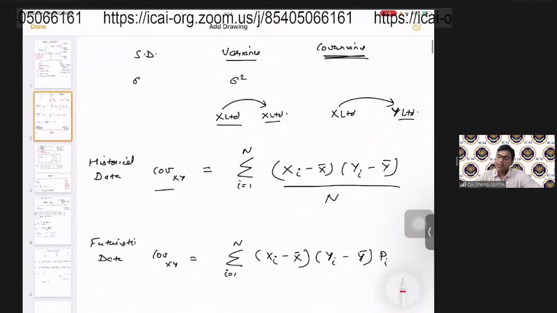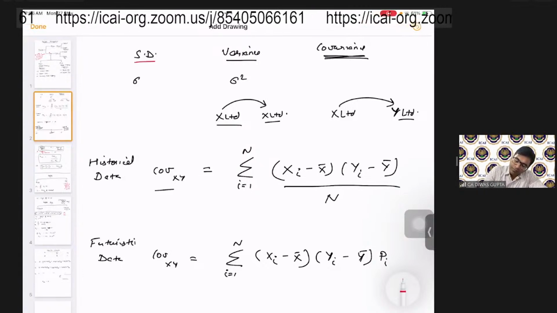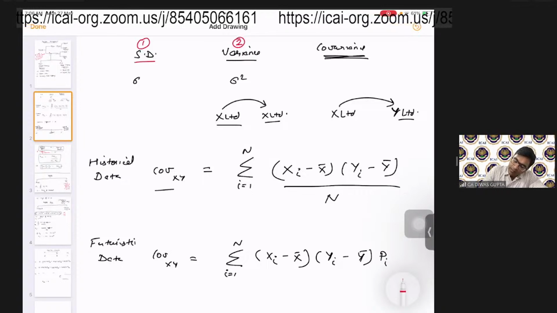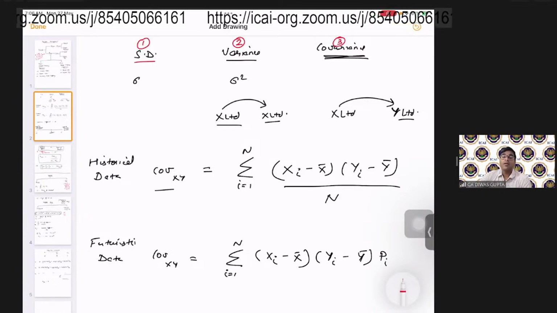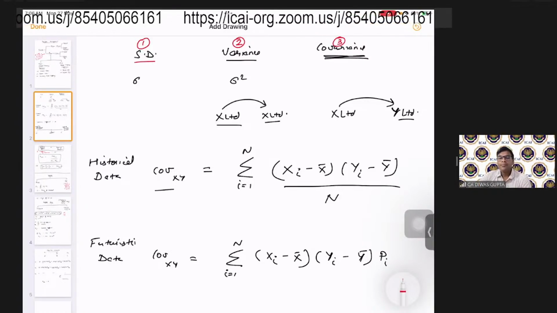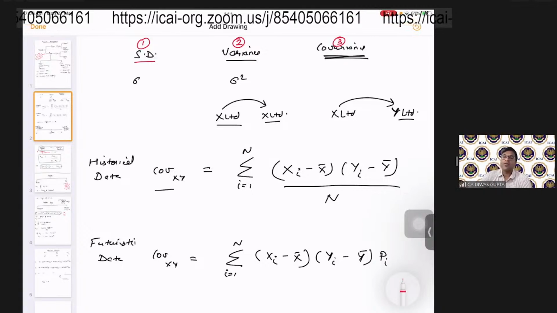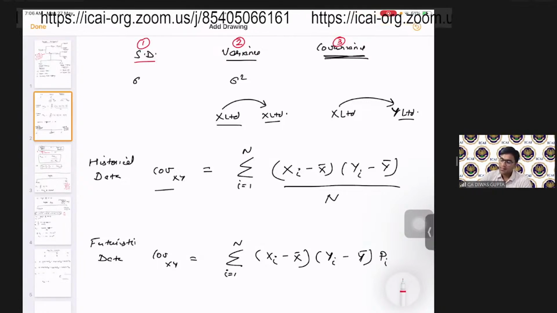Then we understood about these three terms called standard deviation, then variance, and third one was covariance. So standard deviation, students, is actually the deviation within a series of data with respect to its mean. Okay, how much that data is having a deviation from its mean. That is called a standard deviation. Now, variance is actually a square of standard deviation, and covariance is actually